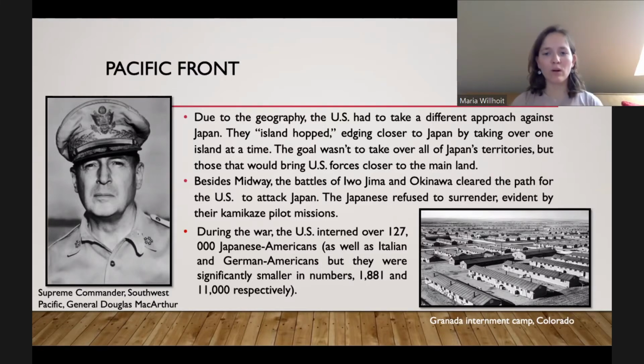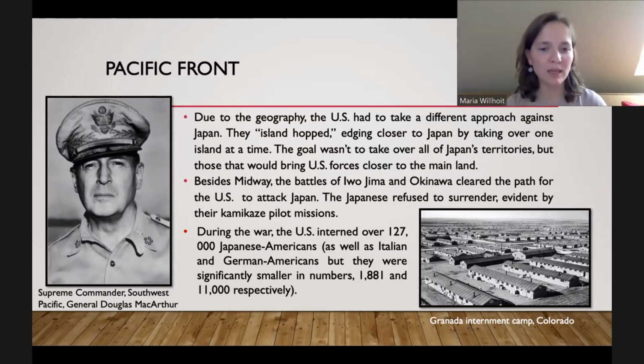We had these camps because Roosevelt and other American politicians believed that they might act against America, that they might act as spies. Some of them were actually Japanese nationals. They were from Japan. So we had this national security order to move all the Japanese Americans, as well as Italian Americans and German Americans, into these camps.